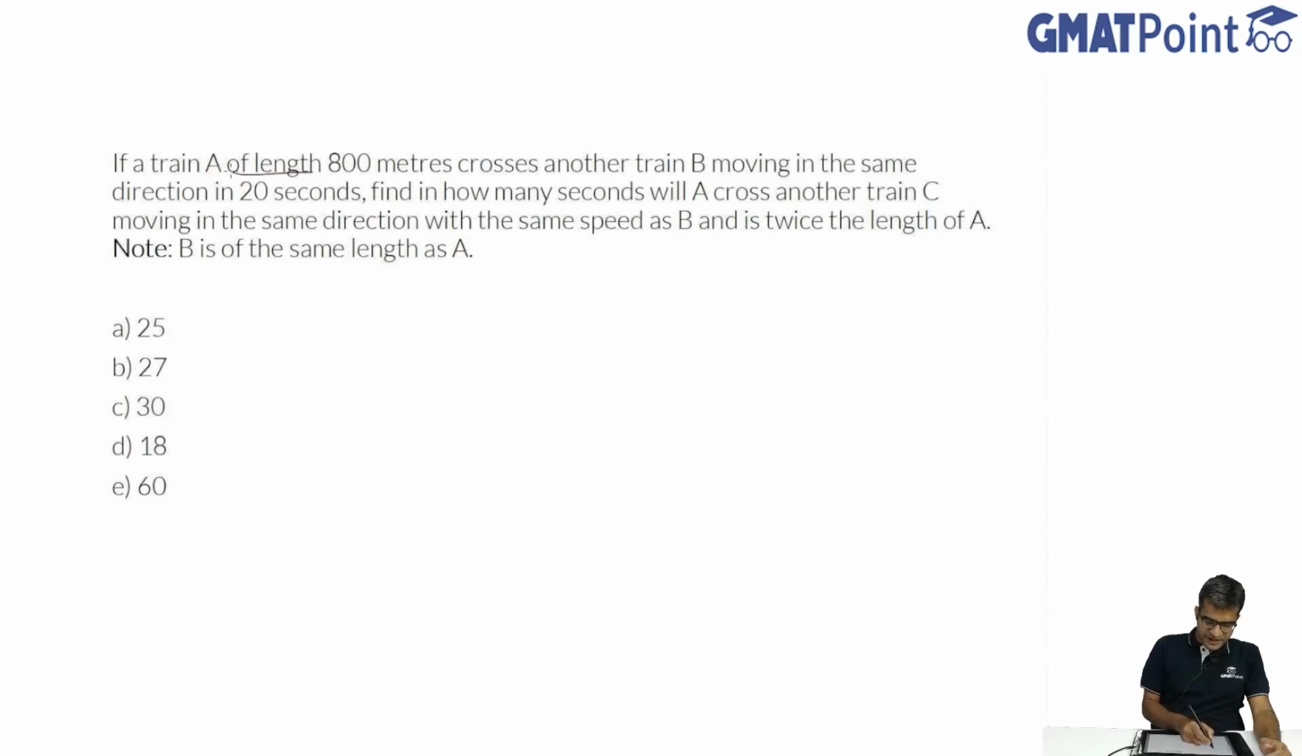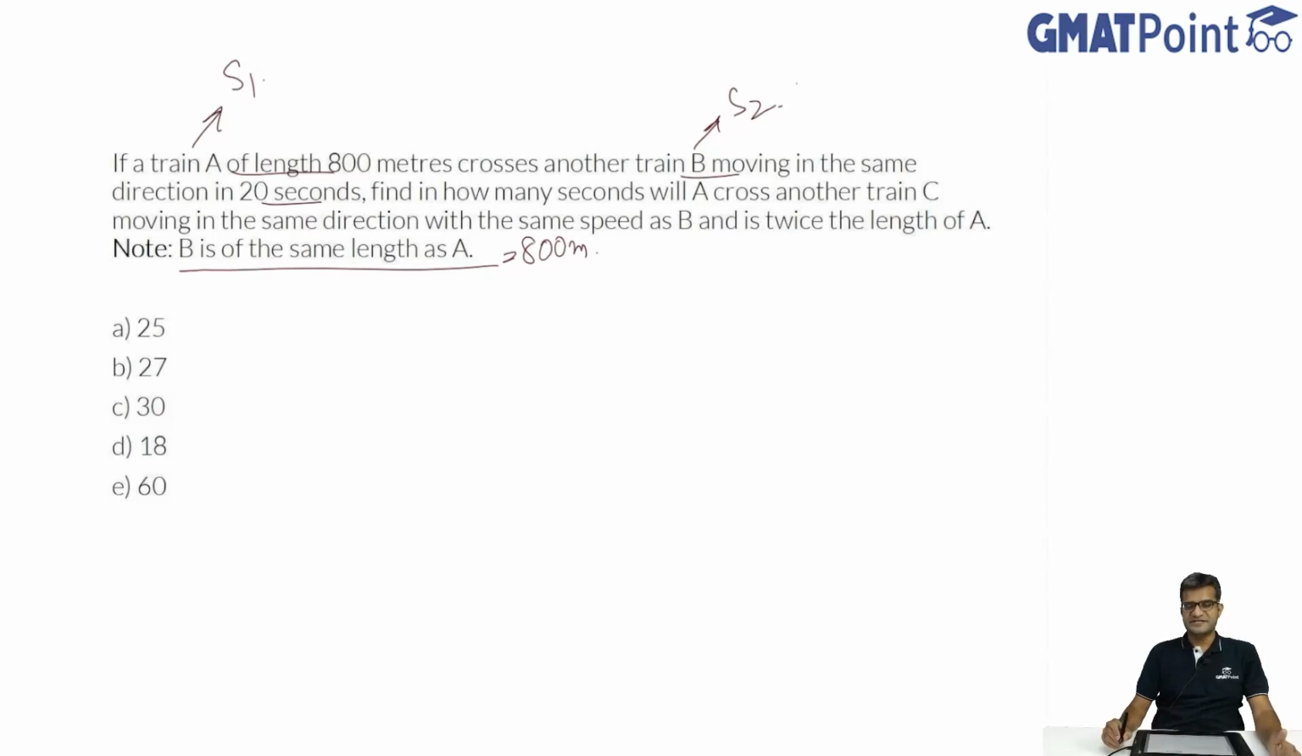In this question, we are told that a train A of length 800 meters crosses another train B moving in the same direction in 20 seconds. We are also told later on that the length of B is the same as the length of A, which is equal to 800 meters. So if you assume that the speed of train A is S1 and the speed of train B is S2, because they are moving in the same direction, the relative speed of A and B will be S1 minus S2. And the total distance that they have to cover to cross each other will be 800 plus 800, which is 1600. So the information that is given to us is that 1600 divided by S1 minus S2 is equal to